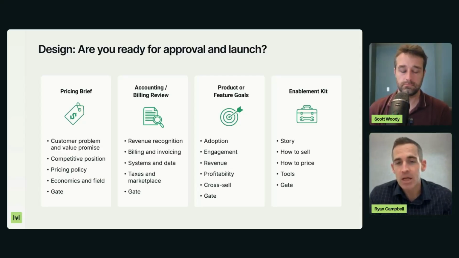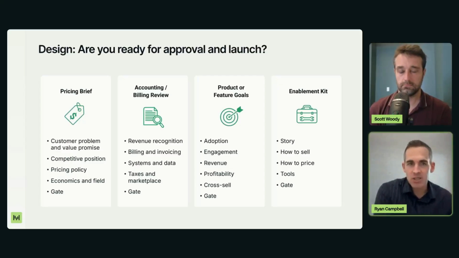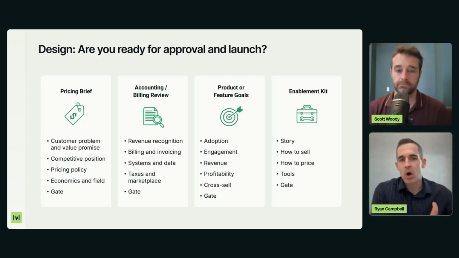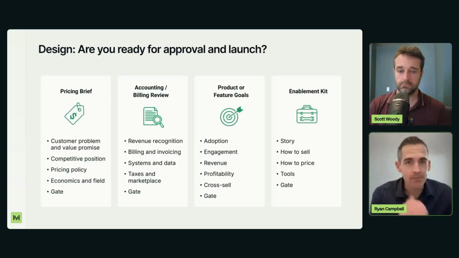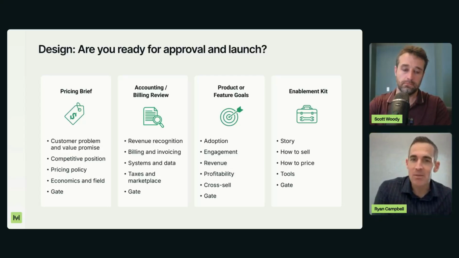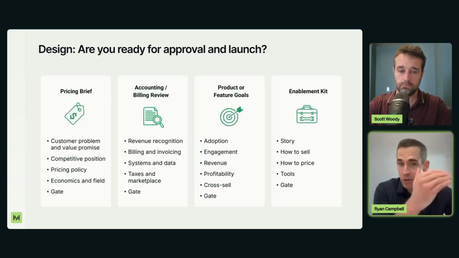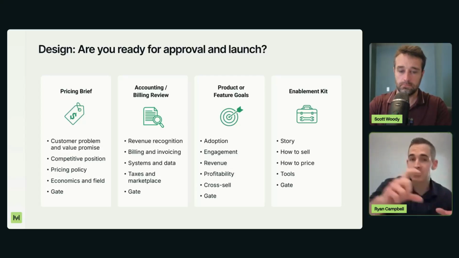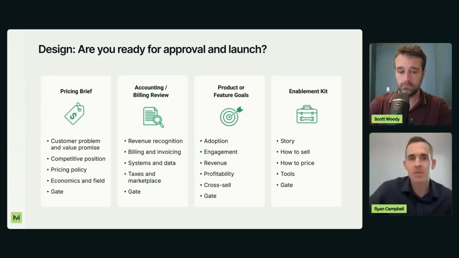We had a good hypothesis on why we wanted to change our price. We had modeled all the economic impact of that. We worked with all of our systems teams to think about the billing changes, the invoicing changes, all the things around rev rec and accounting. We'd even stood up measurement. We had dashboards. We understood potentially what the short-term revenue drop would be, and what the metric is that we want to measure to see if it's working.